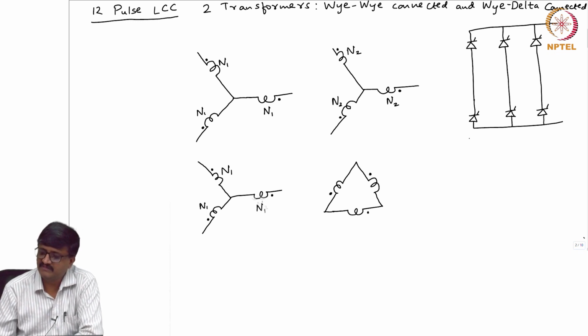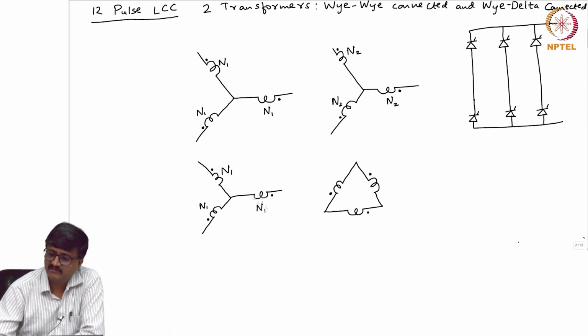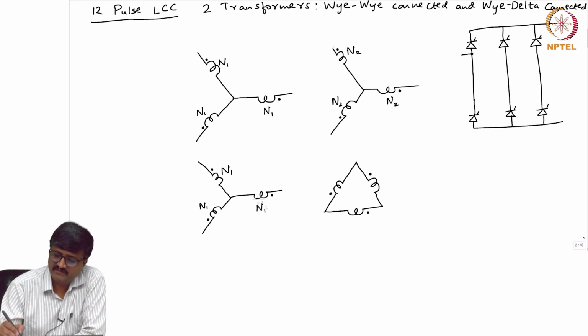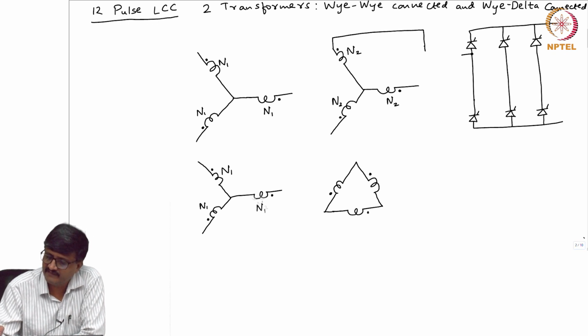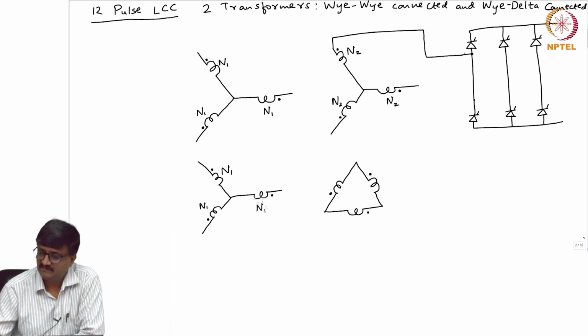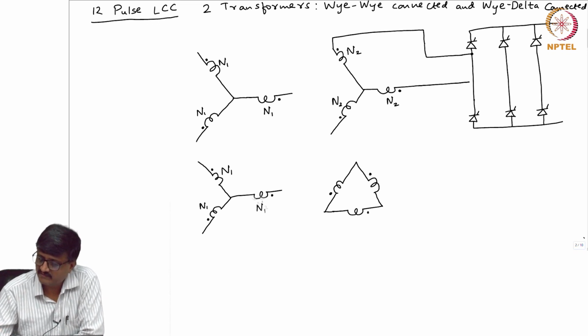So, this is one 6 pulse line commutated converter. There are 3 terminals that are brought out on the AC side. So, I connect this terminal of this winding of the YY connected transformer to this AC side terminal of the 6 pulse LCC. This is connected to